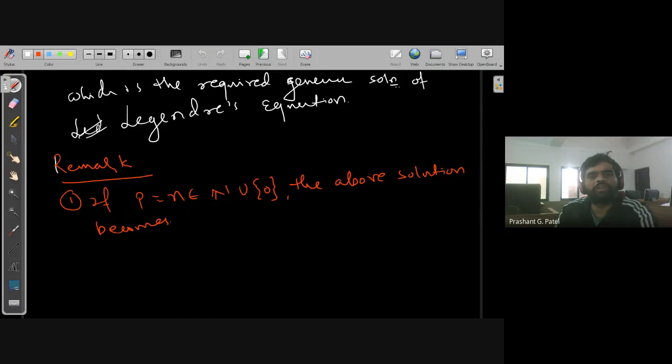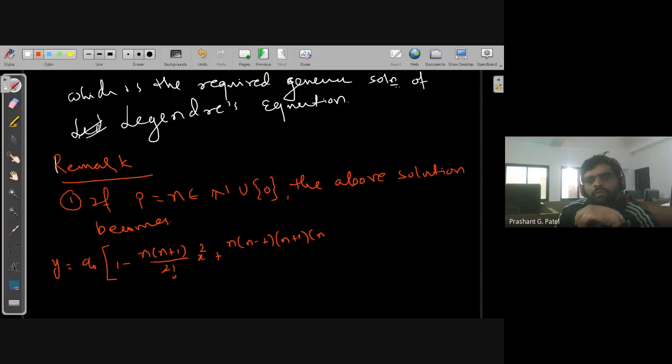So what you will get is y equal to a0 into 1 minus n into n plus 1 by 2 factorial x square plus n into n minus 2 into n plus 1, n plus 3 upon 4 factorial x raised to 4 plus so on,